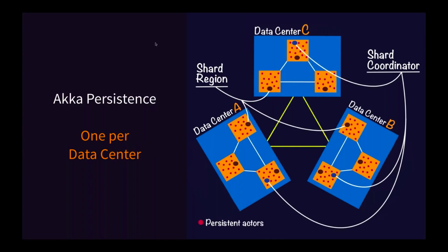And as you might expect with Akka persistence, it's the same thing, because Akka persistence is built on top of cluster sharding. Cluster sharding is built on top of cluster singletons. So you can implement Akka persistence, and again, it's independent per data center. There's a unique instance of Akka persistence in each data center. So you have the choice. You could say one of your data centers is using Akka persistence and other data centers are not. The choice is per data center. So per data center is kind of like a subcluster and a supercluster, a cluster within a cluster.